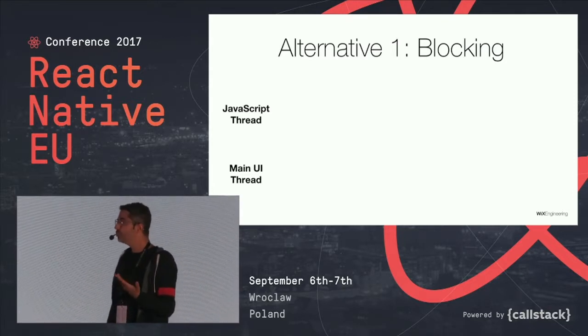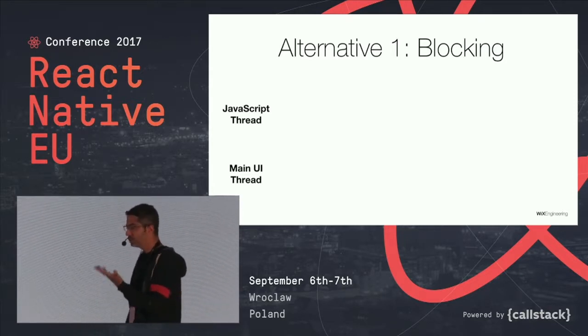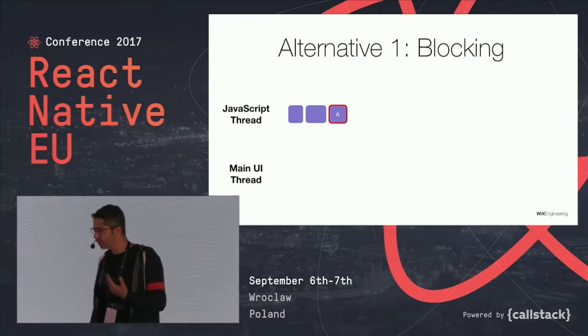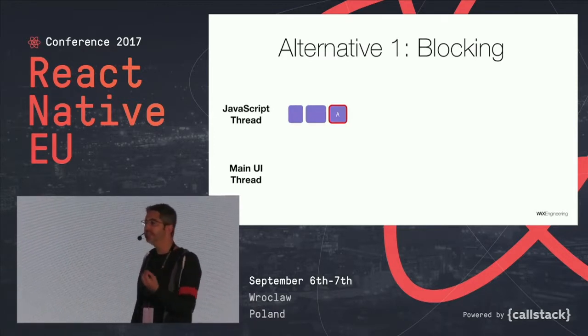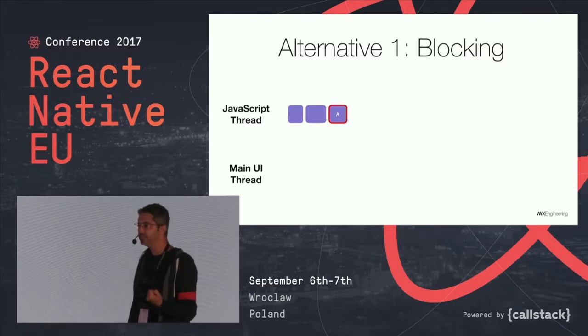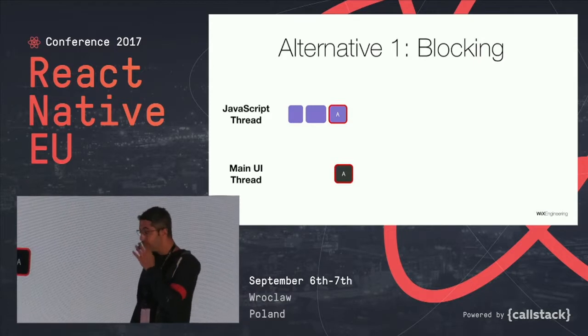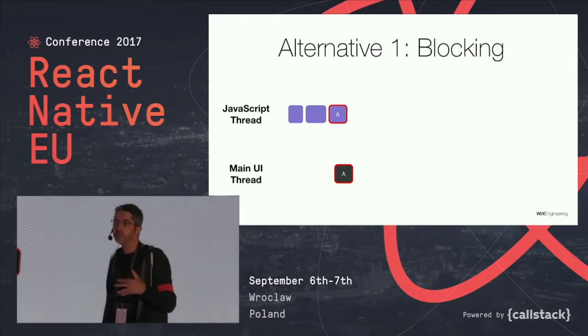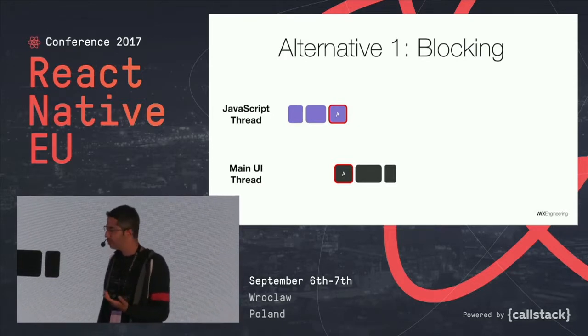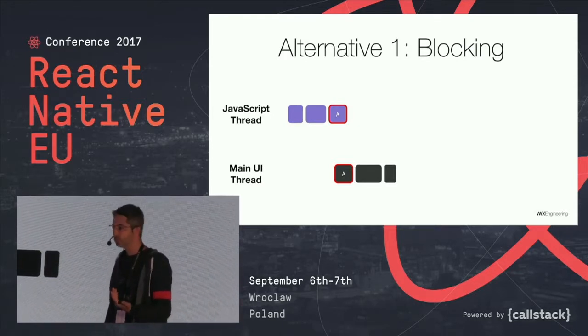So one option is to block. How would that look? Let's say we have JavaScript, and the JavaScript is doing some work and scheduling some work, and suddenly there is some work that needs the native side. So when this message A is ready to be sent, you would block the JavaScript. And JavaScript will not run anymore until the native side handles some sort of request or command that you sent over. And then the native side could schedule some work.